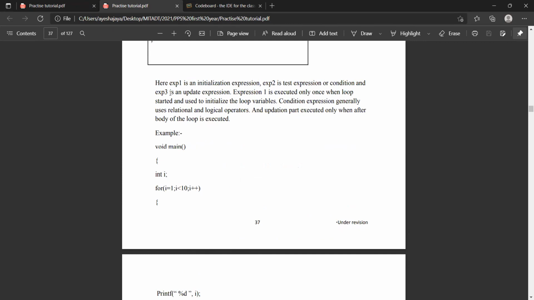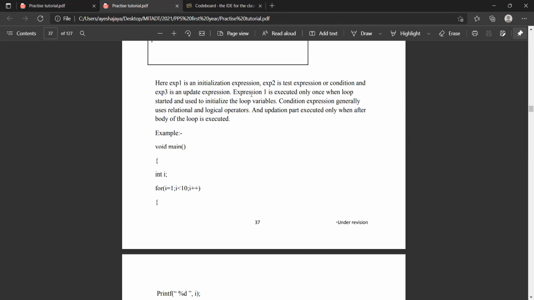If you think that the lecture is fast for some people, because everybody doesn't have the same grasping level, you can go through this recording 2-3 times and you will understand. Or if you forget, maybe after a month, you can go back. But if you practice this today itself on the code board, you shouldn't forget it. You should practice at least 5 to 6 programs today after this lecture, by the end of the day.